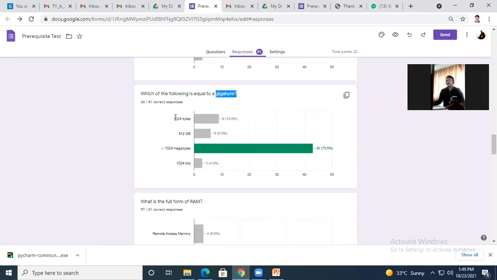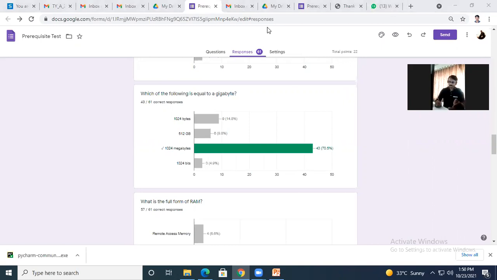So if you go through the options, the first option, 1024 bytes, gives 1 kilobyte. But the question is asking for gigabyte, so this will not be the option. Then we have 512 GB, which obviously does not come under this.